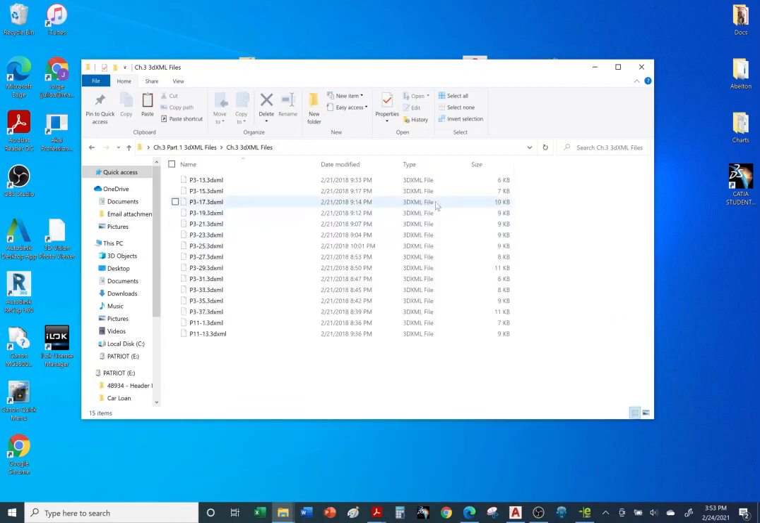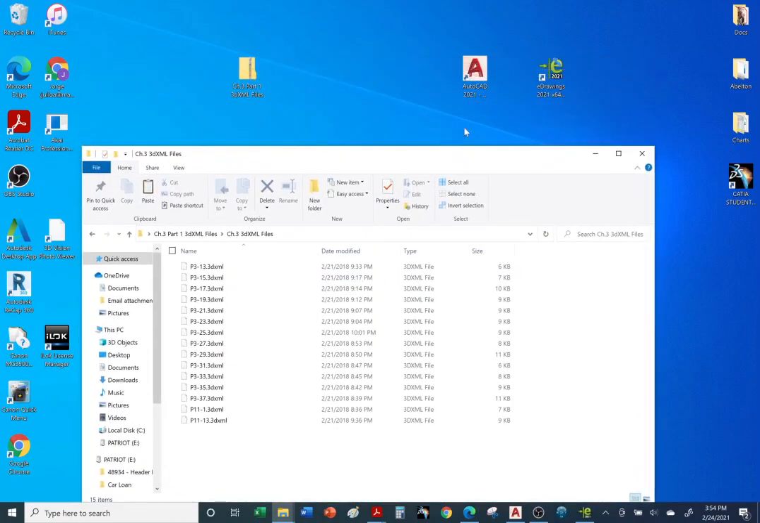All right, so if you were to double click on one of these files, your computer may not know what software to use, even though it has a file extension .3dxml. Different softwares can open up these files, so it will not know to open it in eDrawings. Okay, so I'll show you how to open up the first problem, 3-13,